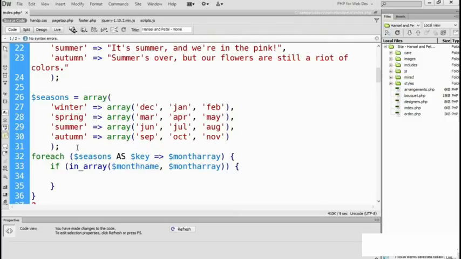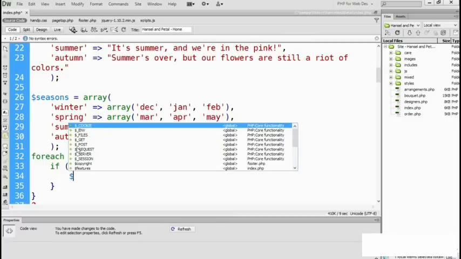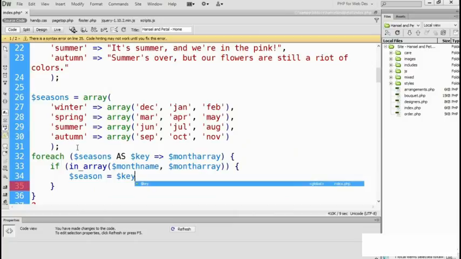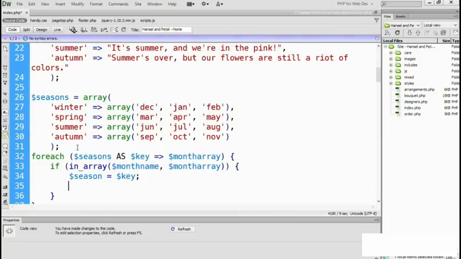we're there. So what we need to do is we need to get the current key and store that in a variable, and that's going to be our season. So I'll call that variable season equals key. Once we've found the month, we don't need to go any further, so we can use break to